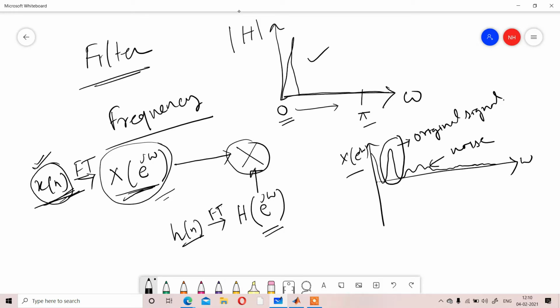How can we say that the peak defines the original signal and the other part defines the noise? Because whenever you consider a sequence x[n], obviously the original part will be the maximum compared to the noise. If the original part were minimum compared to the noise, then the noise would be the original signal. So whenever you consider a signal, the signal part will be the maximum relative to the noise. So the peak that you get is basically for the signal, not for the noise. Keep in mind.